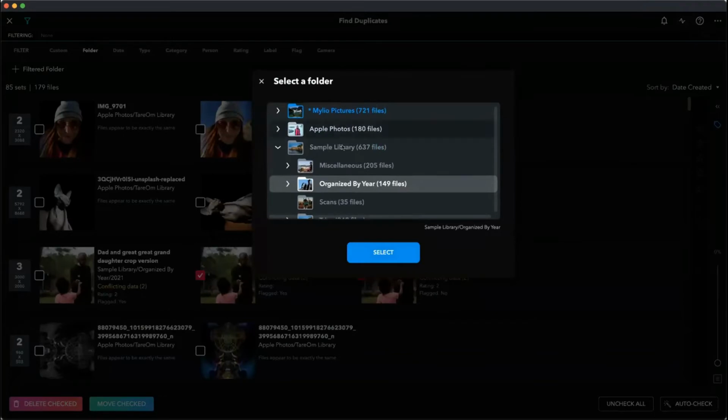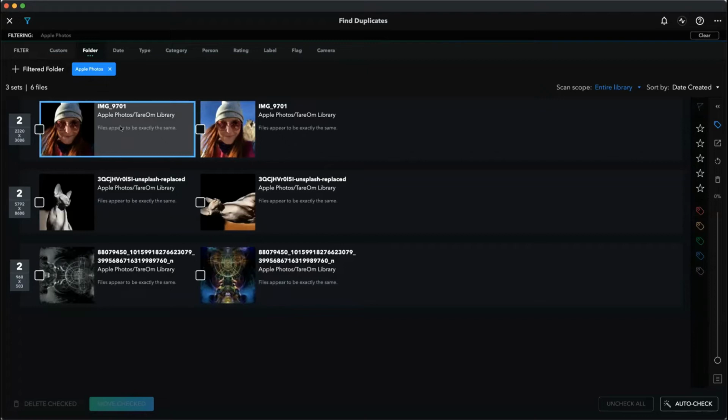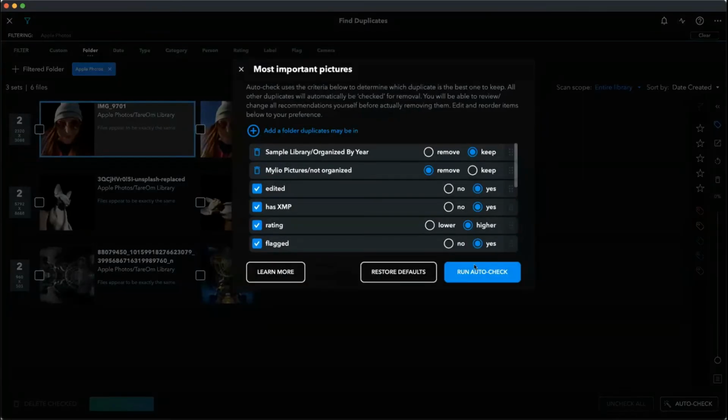In my Apple Photos folder, again, I use these filters throughout our presentation today. You see how helpful they are. So in our Apple Photos folder, we have 3 duplicates. And you do see that some things about them are not the same. Like this one is black and white. This one is not. This one is rotated, et cetera. So they're actually edited outside of Mylio. And normally they would not even be returned as duplicates, but I made sure we get some of those now just for our presentation. So when you attempt to deduplicate them,